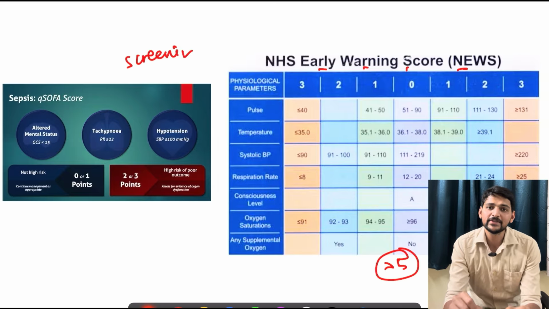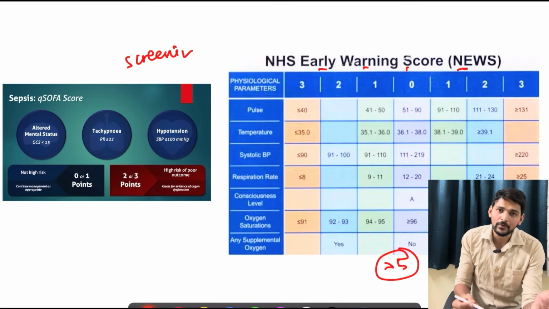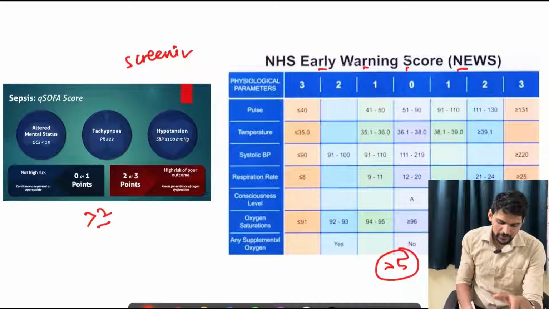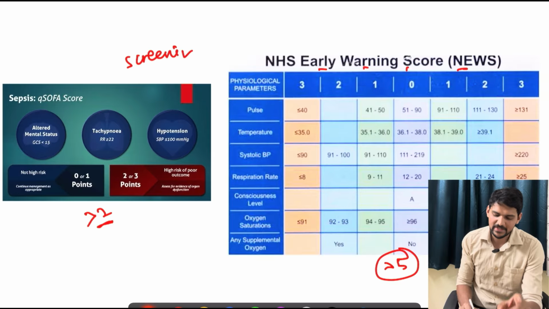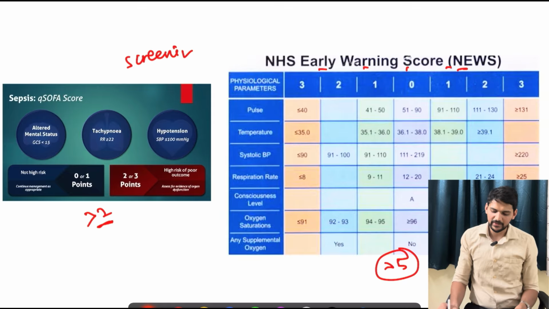See, these screening tools are not to be utilized in the ICU. If you are seeing a ward patient or HDU patient, in that case, if you feel the individual is not that stable, then you can calculate these scores. For example, with Q-SOFA, what we used to follow previously, suppose you went for rounds in wards or HDU, if the Q-SOFA score is more than 2, that individual requires proper care and probably you might need to shift the individual to ICU. This is the utilization. That does not mean that the individual is in sepsis. In the sense, it is not diagnostic, it is just for screening. Now we have to utilize this parameter.